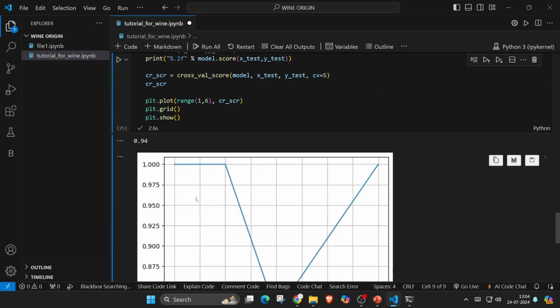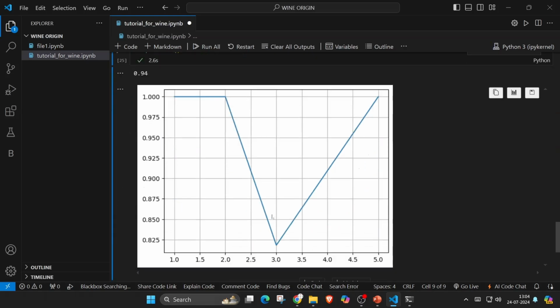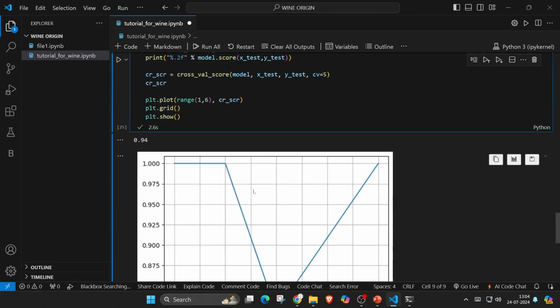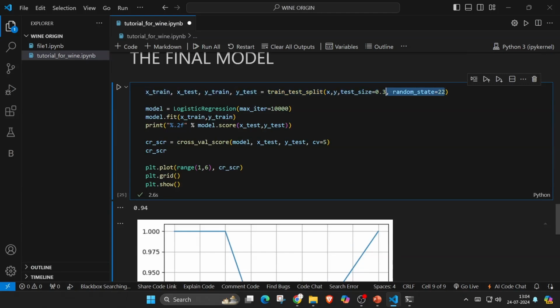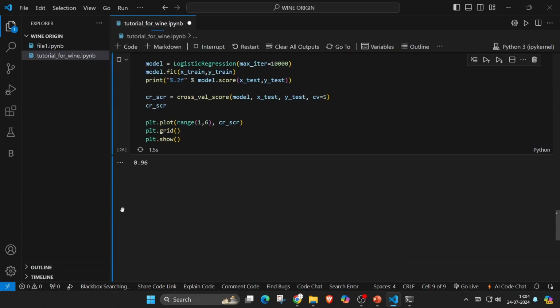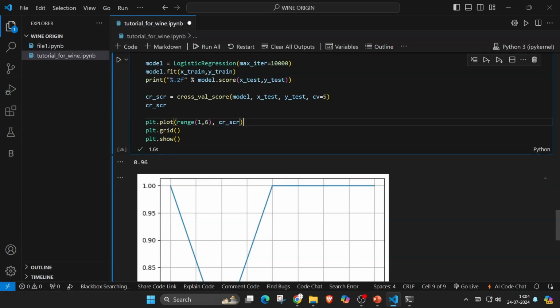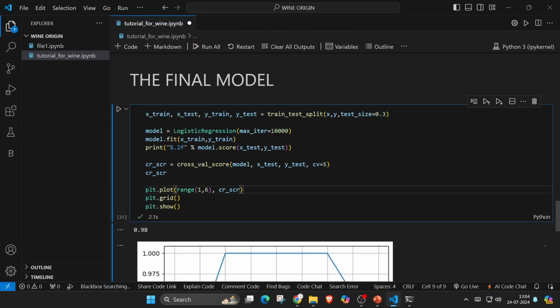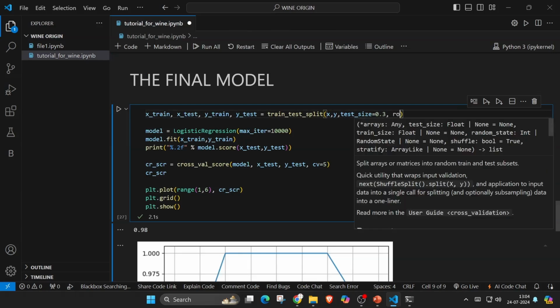So it will show the model score, and see over here that is 1, 1, and then you have 0.8 something, below 0.825, and then over here there's something between 0.9 and 0.925, and then again 1. Because this random state has been defined, the values will never change. But if I remove this, see over here, it will show one graph each and every time. If I run this again, it will show me another graph. So this is all the work of the random state. This is what random state equals 42 does.